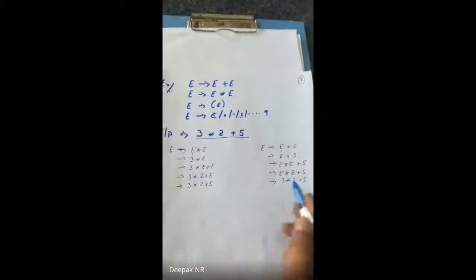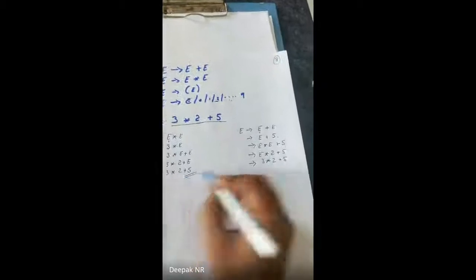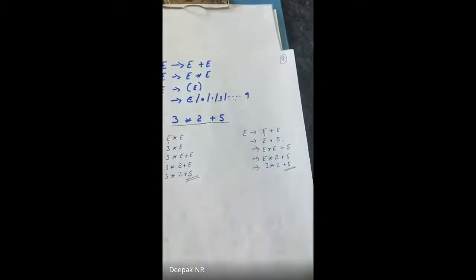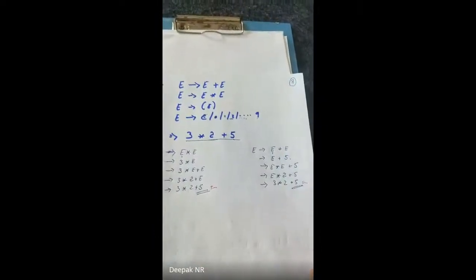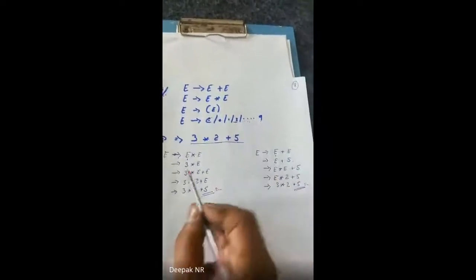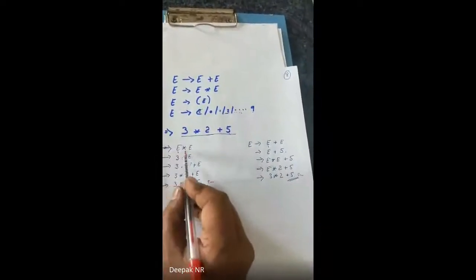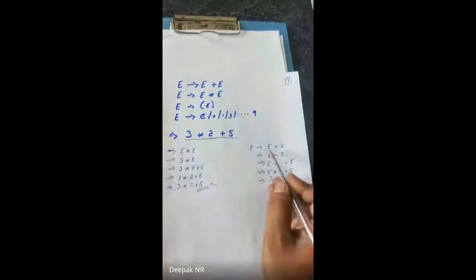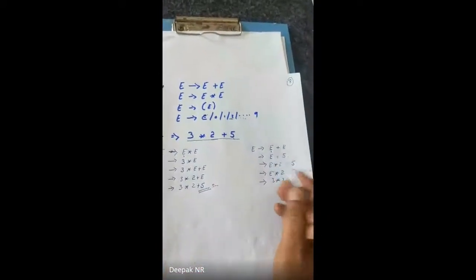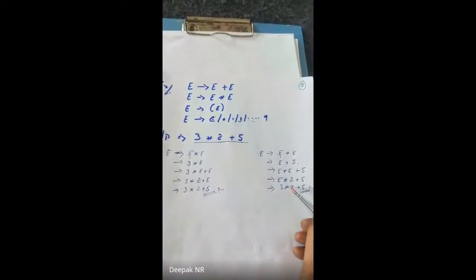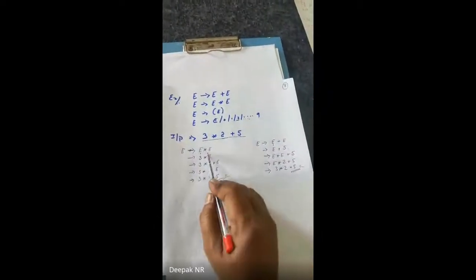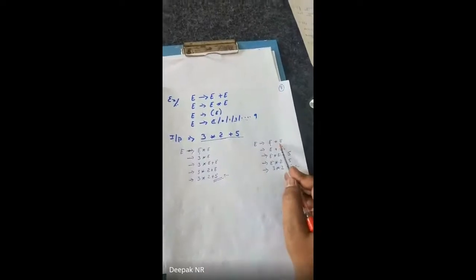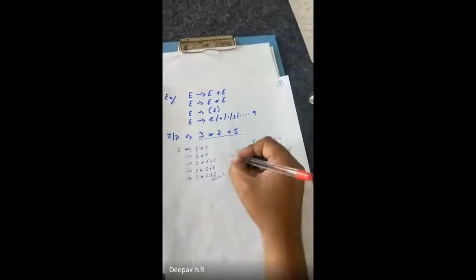If you observe these two examples properly, my end results are the same. This is the same and even this is the same. But where is my confusion? The compiler will get confused. In the starting one, I have taken E star at the start. Here I have taken E plus E at the start. Whatever I take, my end results are the same. So now the compiler will get confused about which to use. I should want to know whether this is the correct usage or that is the correct usage. This confusion is called ambiguity.